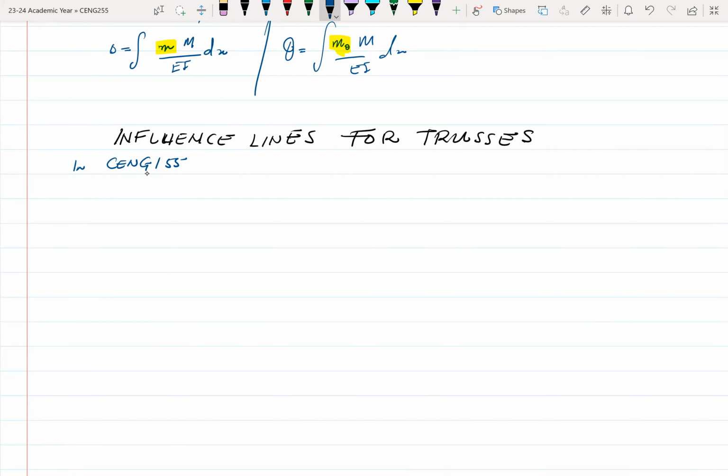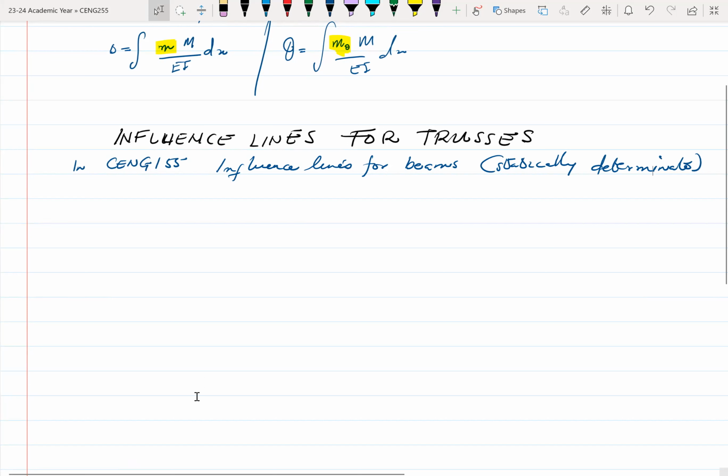you guys looked at the influence lines for beams. I think largely it was statically determinate beams. So we will build on it. We'll build on that set of information and then come up with the ILDs for